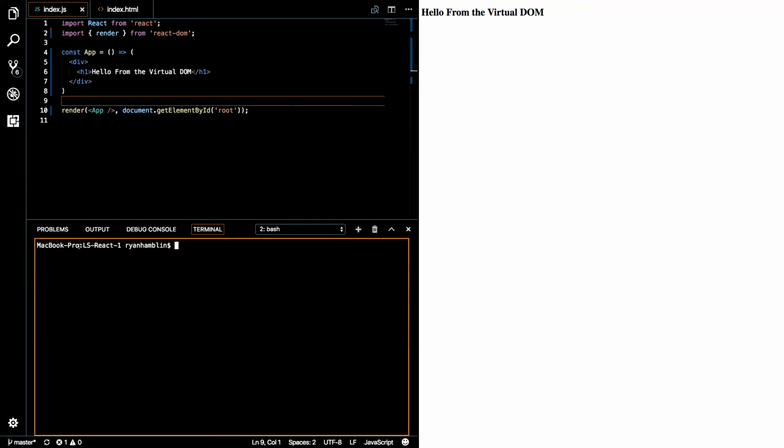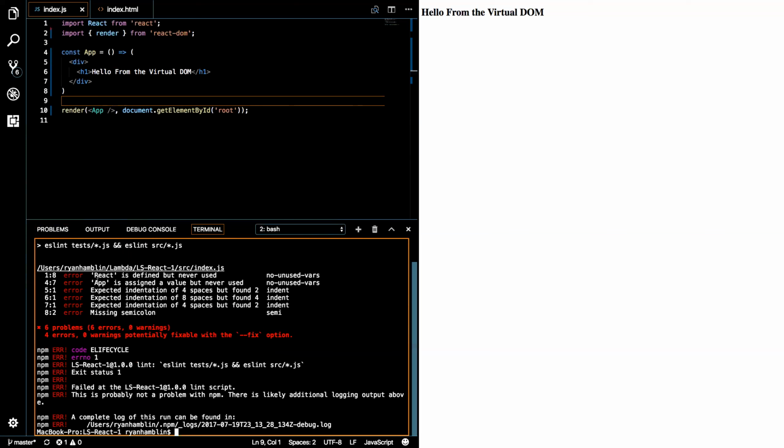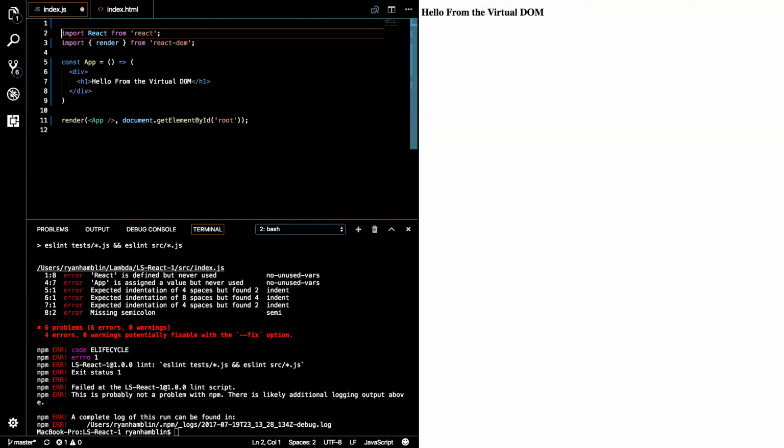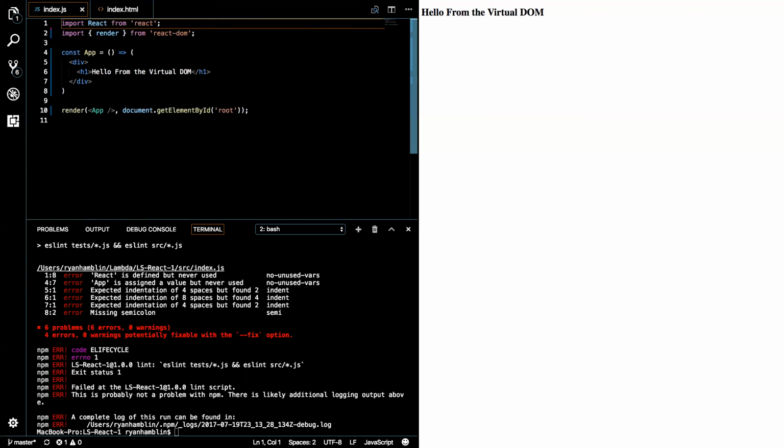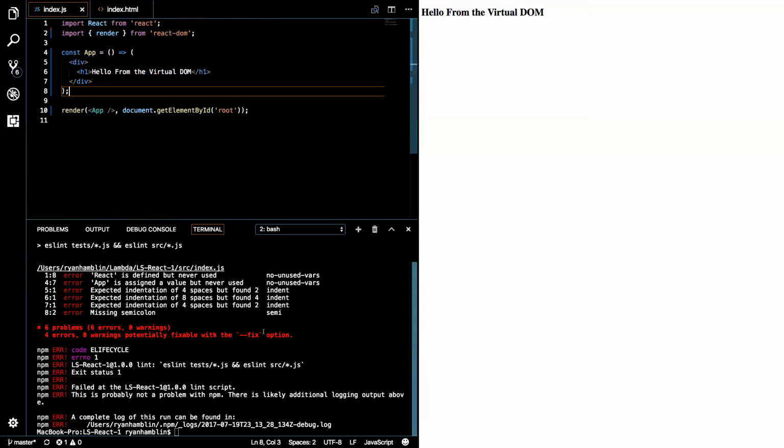So now if I, from the root of the application, ls react, if I run npm run lint, it's going to go and run its linting for me. Look at that. So React is defined but never used. I have you guys ignoring that, because in this case, we're using React, but we just need to define it in this file, but we're not looking at it and using it. Our code doesn't look like it's using it, but we're using it. And then we're missing a semicolon there. And then it says on index.js, App is assigned a value but never used. App is also used, so that's